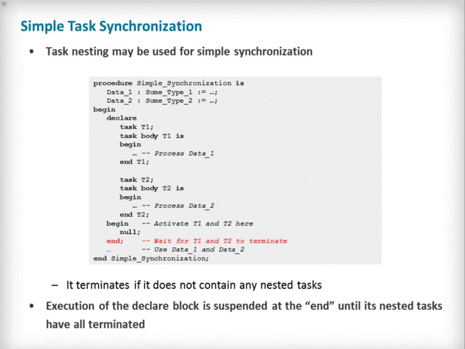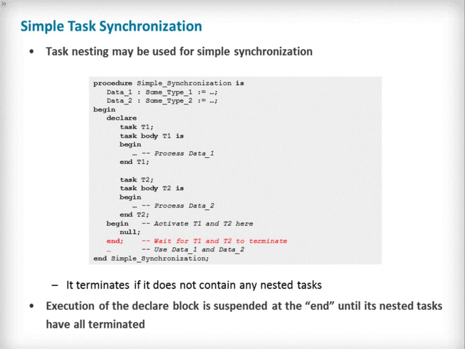In this example, the procedure Simple_Synchronization declares a couple of variables that will be assigned by the local tasks T1 and T2. The body of the procedure needs to reference these variables, but how can we ensure that the references only occur after the tasks have performed their assignment? In a later lesson, we will see how to accomplish this with a specific language feature that is designed to serve this purpose. But we can also achieve the desired effect by making sure that the references to the data objects only occur after the two tasks have